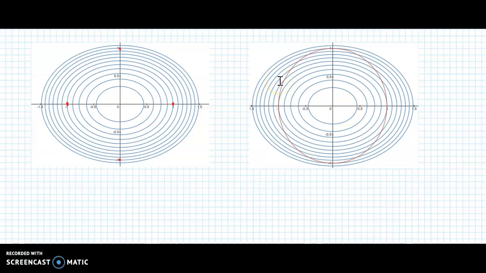Actually, it's kind of like one of those optical illusion things. It doesn't look like the red one's a circle, at least to my eyes, it doesn't. But that's because I guess it's embedded in these ellipses. But look, it does go through (1, -1), (1, -1), and it's a circle. It's not an ellipse, right? So anyway,